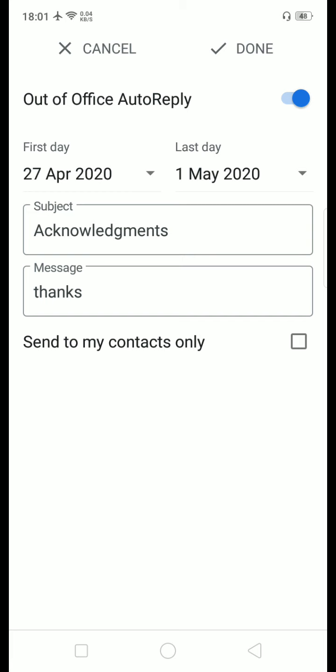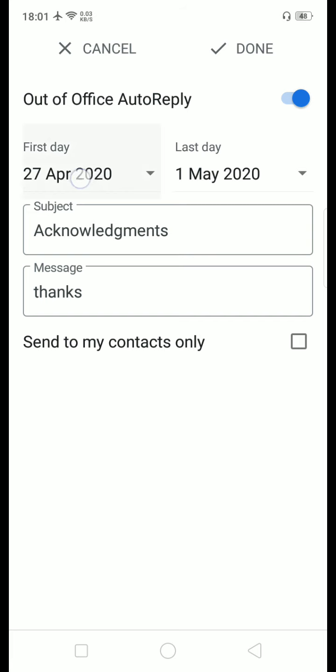So whenever students send a file and it is received at this email, automatically a reply will be generated and sent to the sender. Even sometimes we organize some conferences or we ask for applications from candidates. In that case we can make this function on, so whoever sends their emails will be replied to automatically.